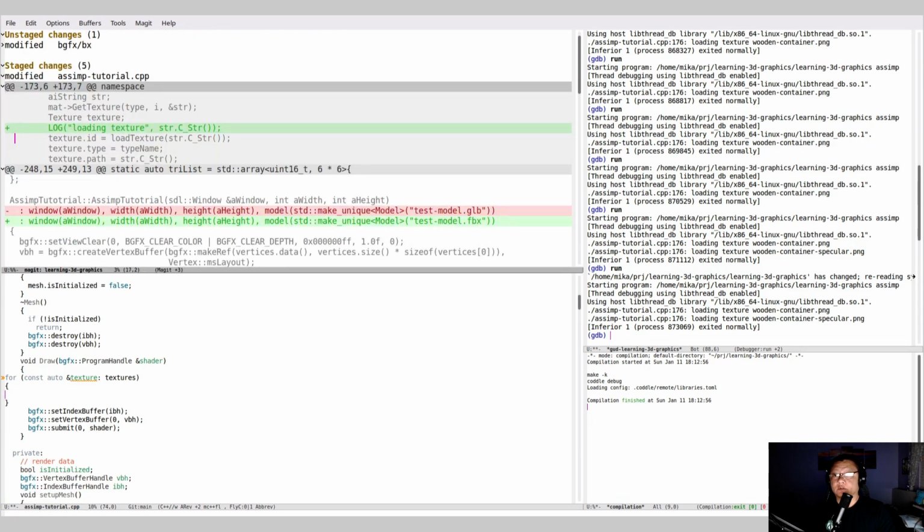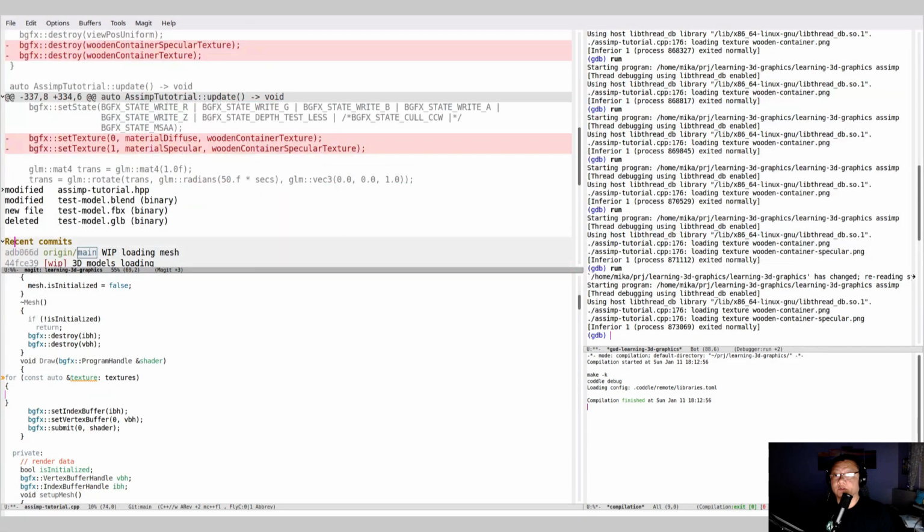So let's look at how we do it. Set texture, right? And so we have